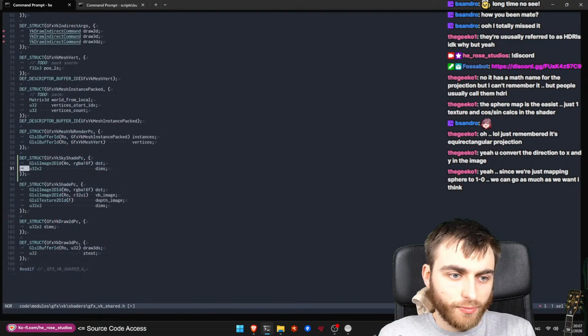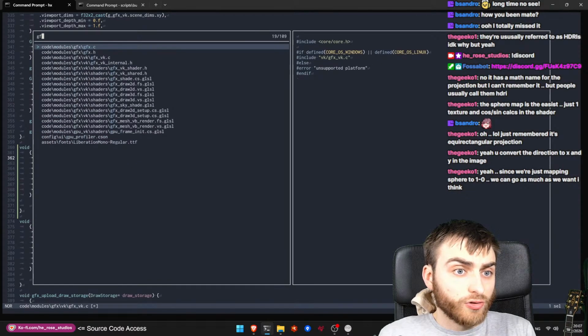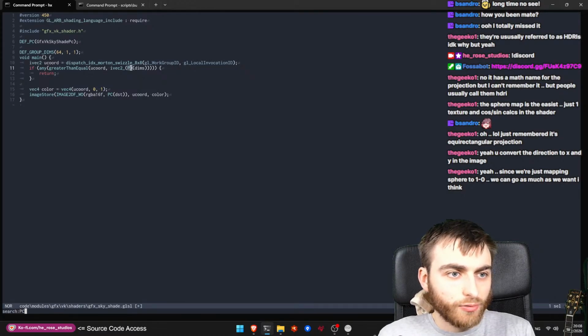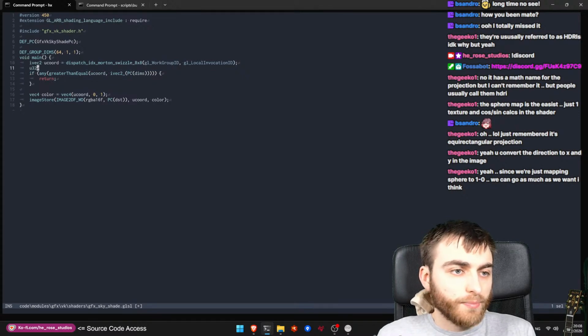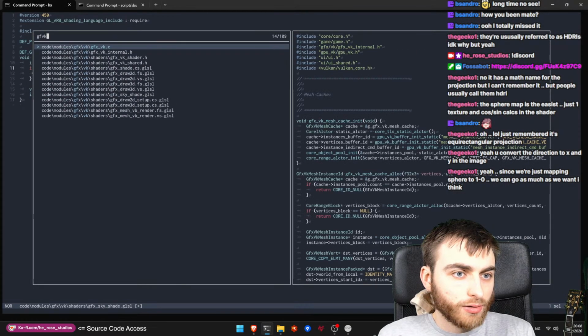Yeah, I think we'll make them constant, so we don't really need that. Okay, so back to the sky shade for just a second. We do actually want to pass in that like that. So we've got the PC, which means push constants. So it gets the dims there. So in this case, the dimensions would actually be